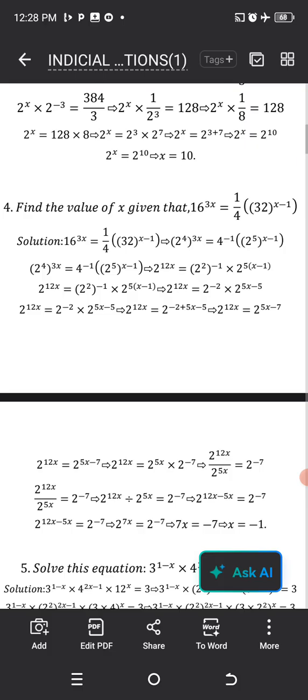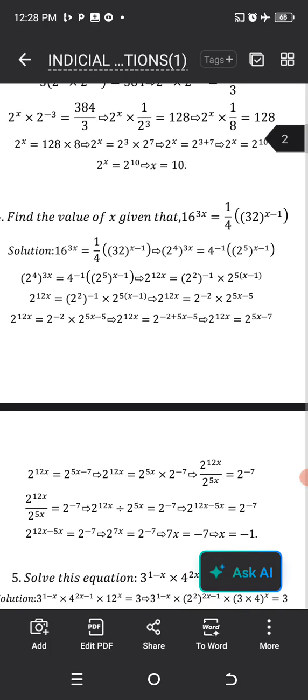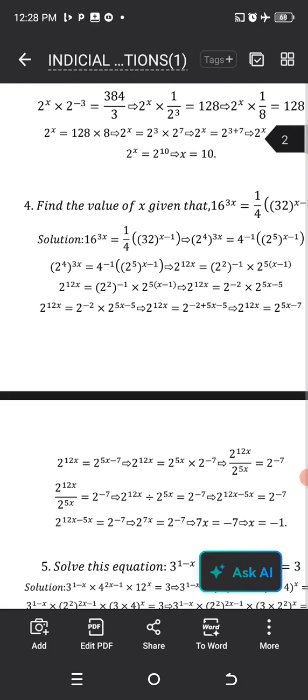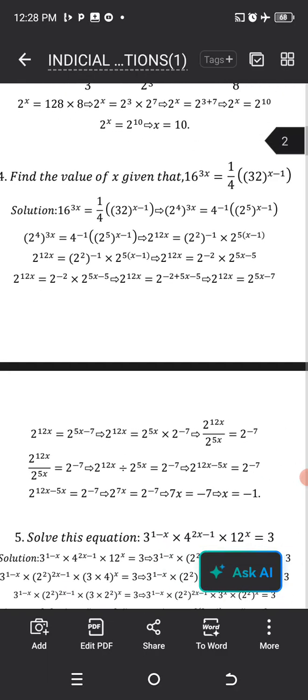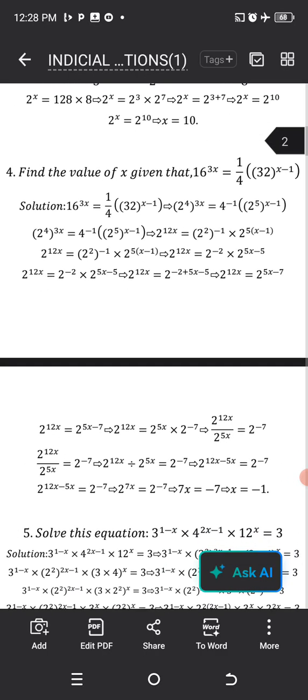Just follow the right steps and you are going to get the correct answer. So you have to find the value of x given that 16 raised to power 3x equals 1 over 4 times (32 all raised to power x minus 1). So the solution is now, you can see, we've changed